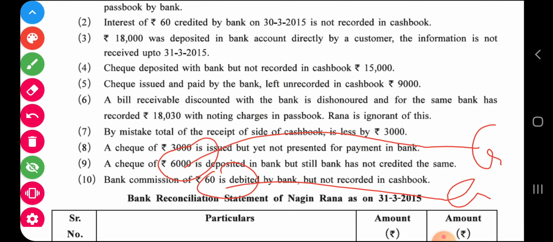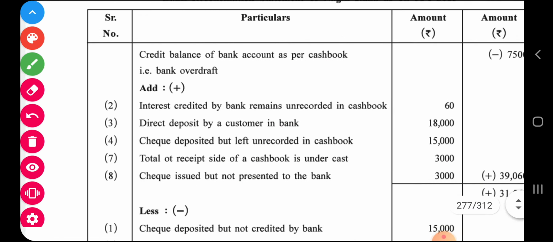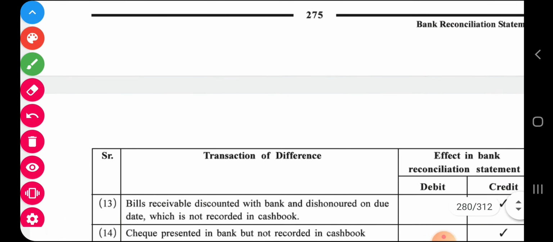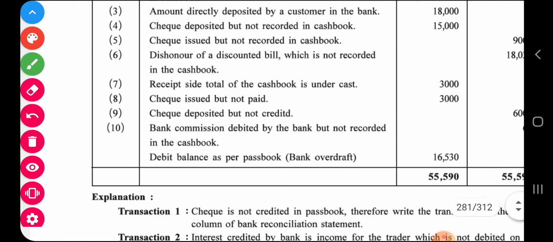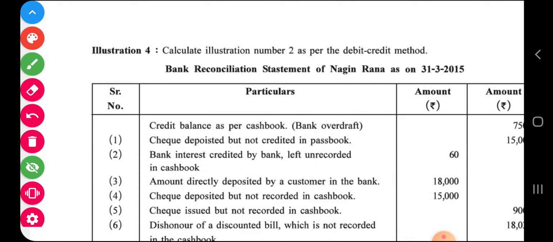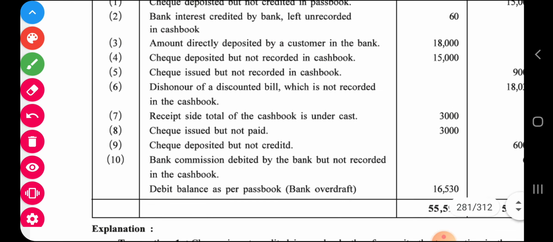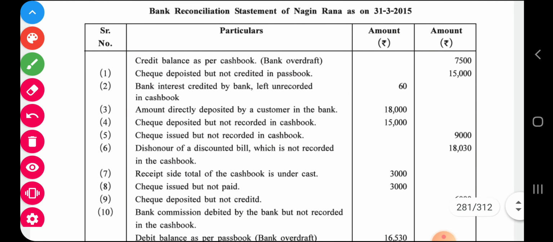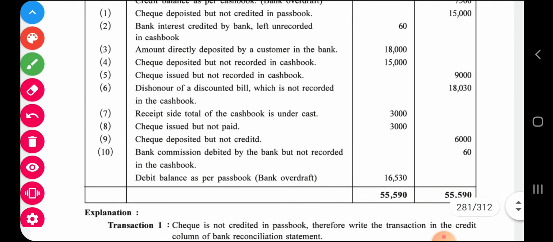So in short, in all 10 reasons, either it is debited or credited depending upon the situation. Now once you record all these 10 errors or reasons of rectification, your table for illustration number 4 will be like this. મેં હમણાં જે સમજાવ્યું 10 reason, તો આ રીતનું ટેબલ બનશે. At the end you can see total, તમે કરો તો credit side total જે છે it is greater, આ સાઈડ વધારે આવે છે